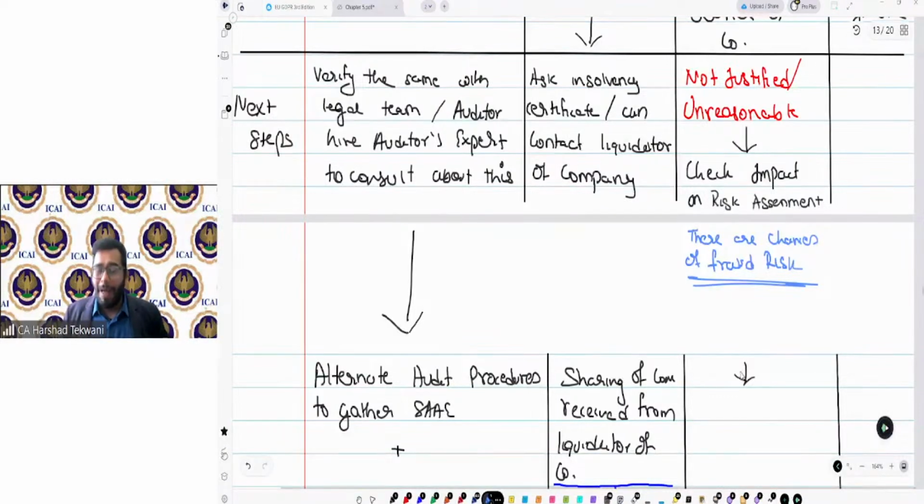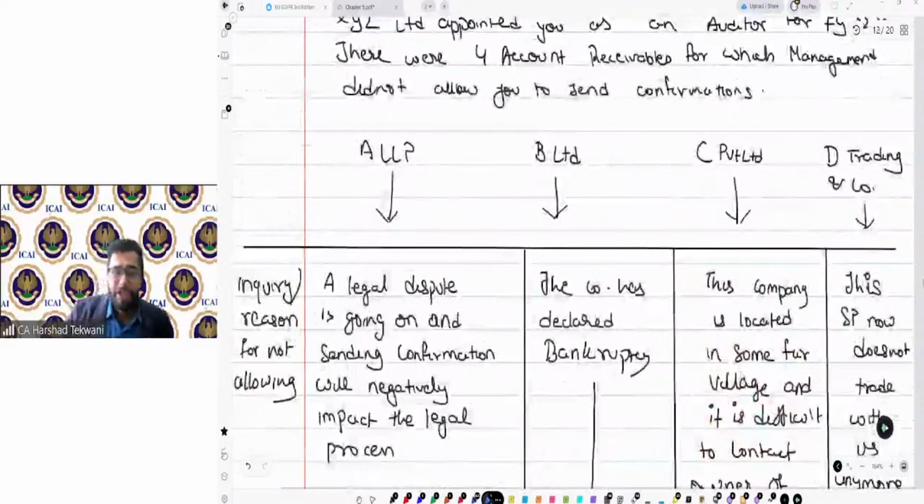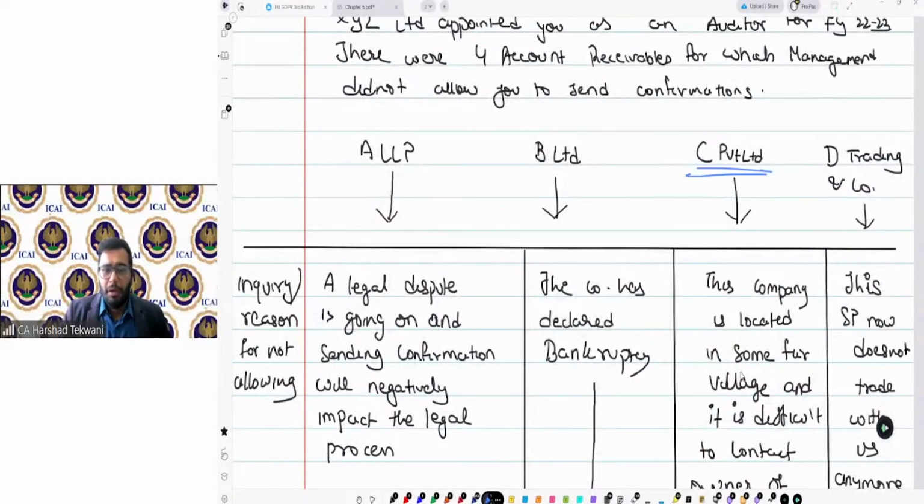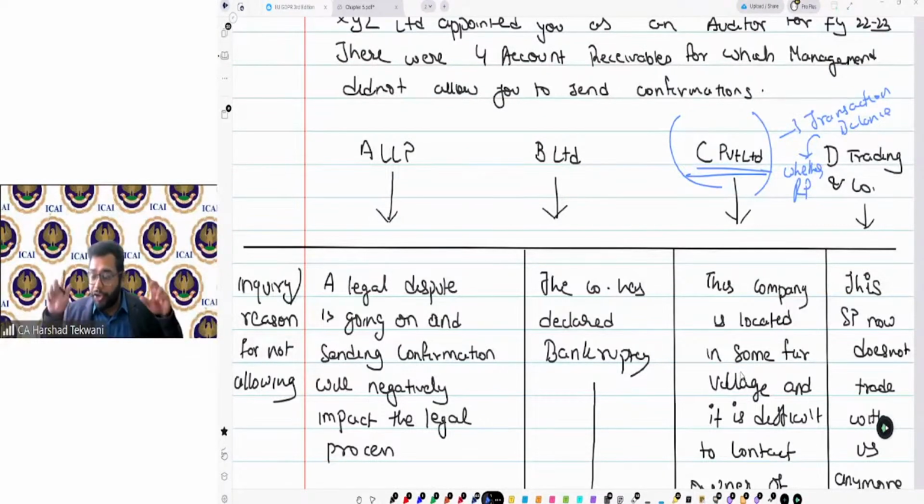I need to go back and see what the transactions were with this company, the balance. Then comes whether it is a related party or not, who the owners are, a triggering point for me to go into detail. That's why I have to alter my risk assessment.